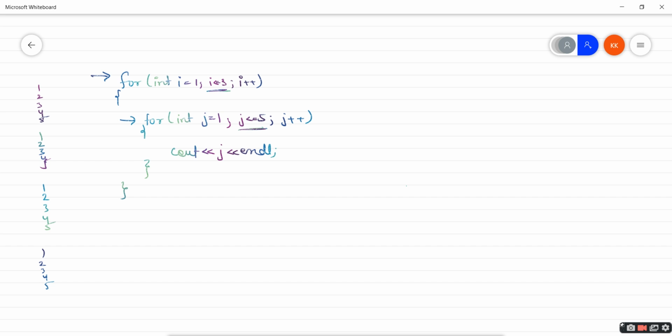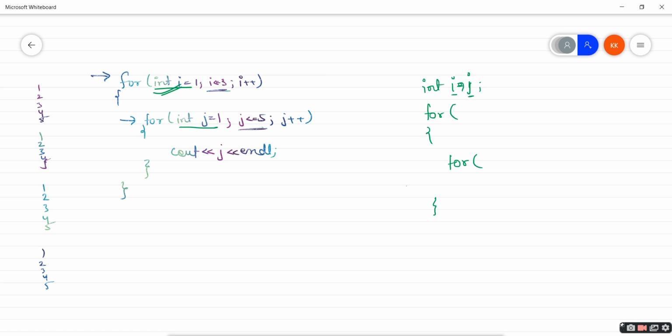So what you have written is int i equals, comma j, and then we have started the for loop here, right? But in my case, I have declared int i and int j inside this for loop. The difference is that if I want to access i or j only within this for loop, I can go for this type of initialization.